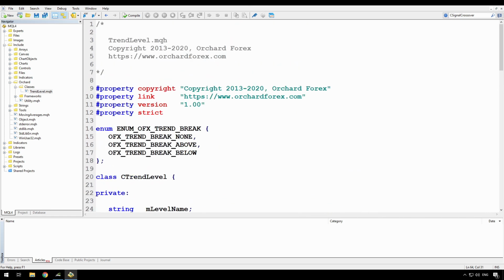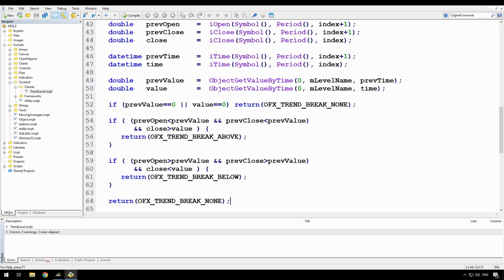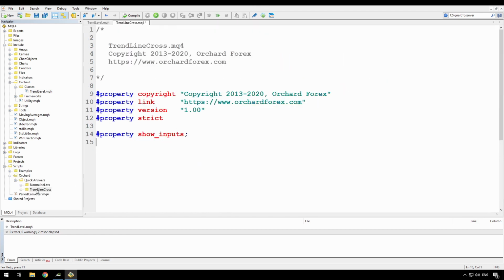And that's a complete class for detecting trend breaks. Let me just make sure that compiles. So next I'm going to create the script to test this. So now I've opened up a new script file, and I've already pasted in my comment and the beginning property